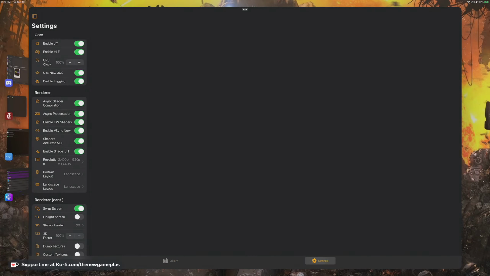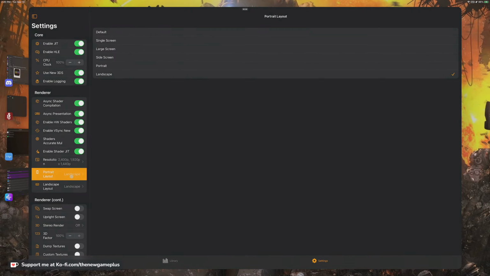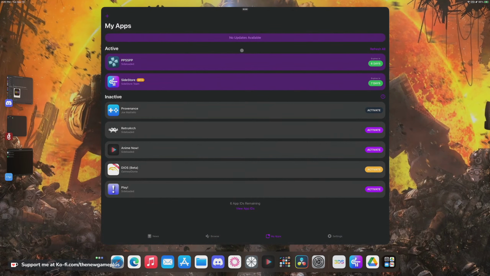Let me go to settings again. Settings, swap screen. I have it on landscape, so why it's giving me... let me go back here and oh, there we go. I think it's large screen, the option that I was using, so it should work now. I need to enable it with JIT, so I had to close it again and use Jitterbug on my other phone,